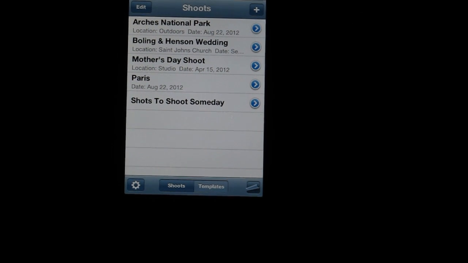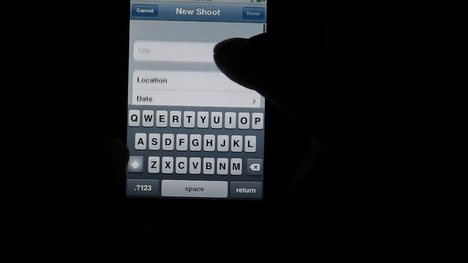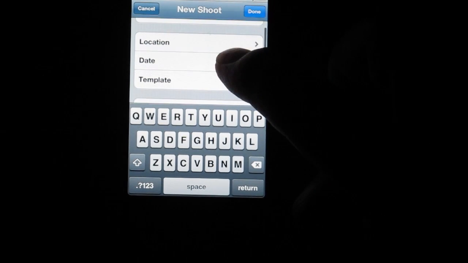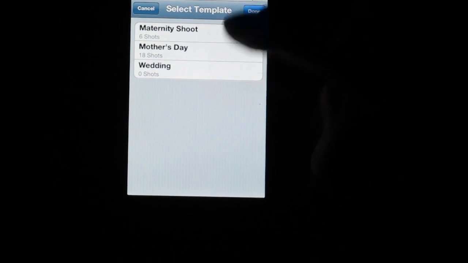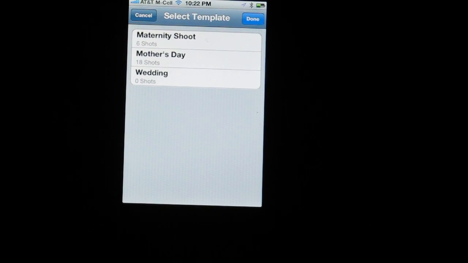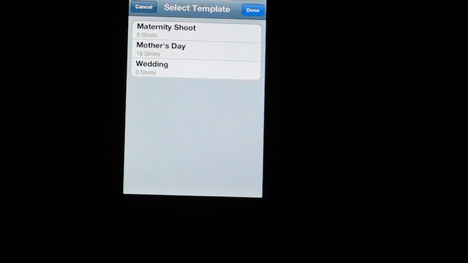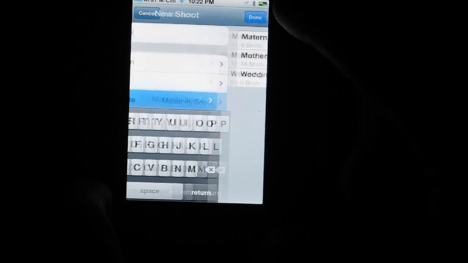I can also, let's say I have a maternity shoot that's coming up. So I'm going to go here and say maternity. And for this one, I want to use a template. So if I click template, I have these pre-programmed lists. These are lists I've already created that I want to use over and over again. So I do a lot of weddings and I want to have a list of all the shots I would typically do. I also do a lot of maternity shoots. So I have a template for the maternity shoots. So by clicking on maternity shoot here and saying done and then done,